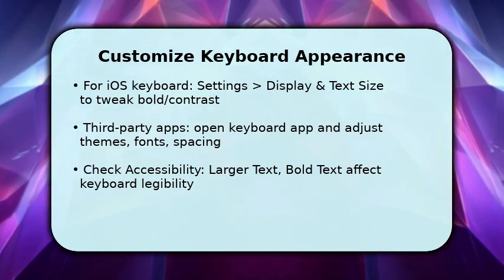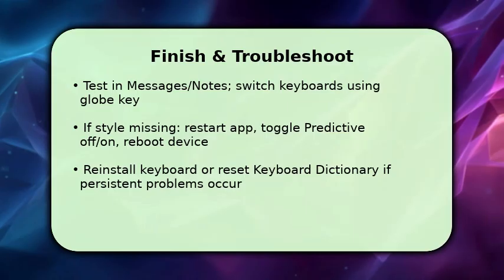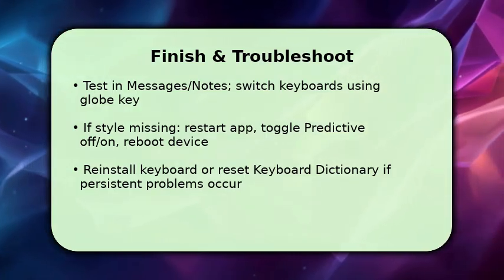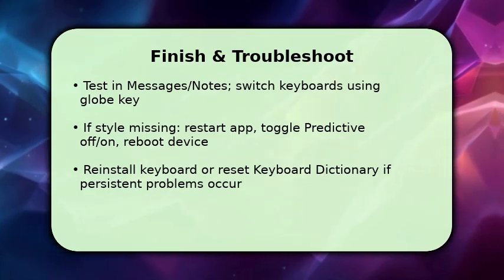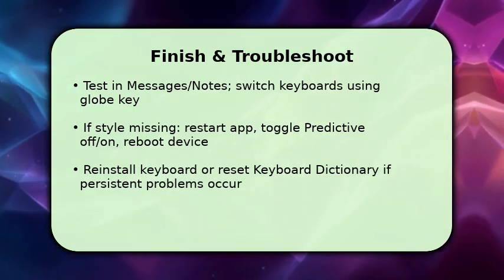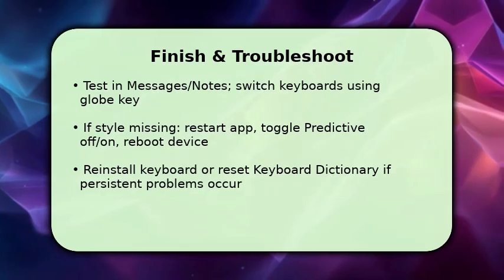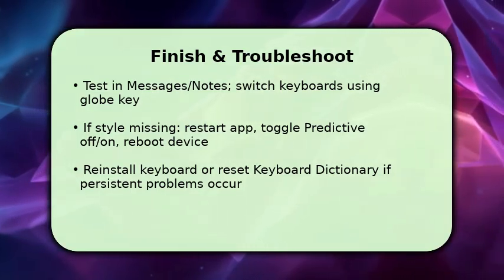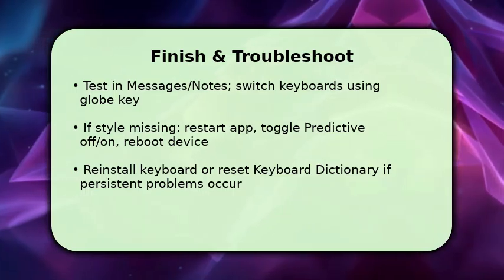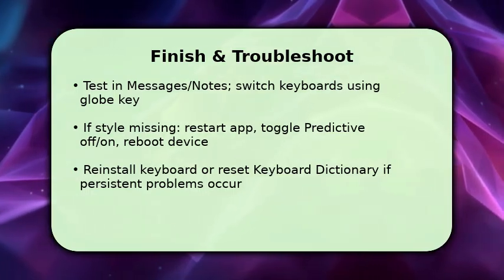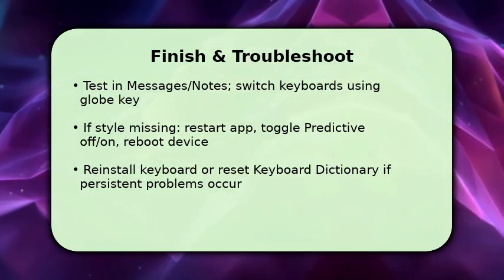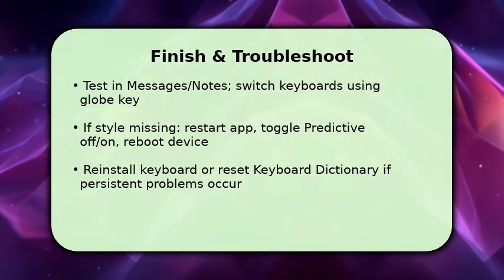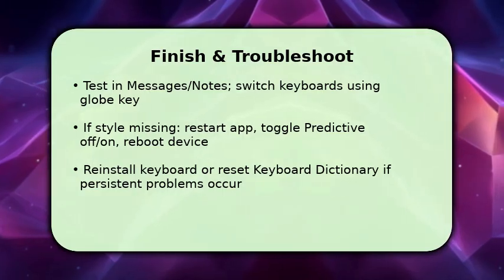Finish by testing changes in Messages or Notes and switch keyboards with the globe key to verify word style updates. If the new style doesn't appear, first force close the app and toggle predictive off and on. Make sure the keyboard app has full permissions if required. If problems persist, reboot the iPhone, reinstall the third-party keyboard, or reset the keyboard dictionary. These steps clear cached suggestions and often restore expected styling. One tip: check accessibility settings last, as they